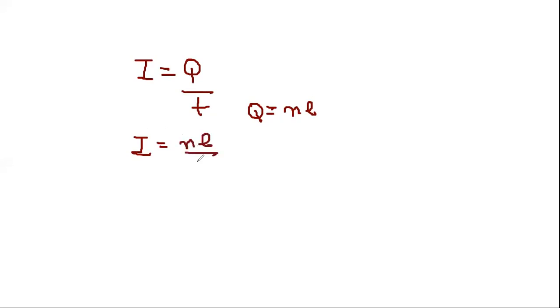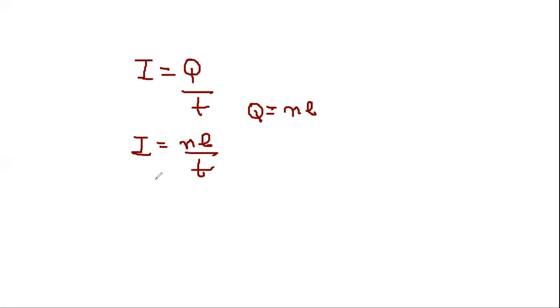We can easily solve this question, as we know that current is equal to charge upon time. And we know that according to the quantization of charge, the total charge on the conductor is equal to an integral multiple of the number of electrons present in it. So total current is equal to Ne upon T.